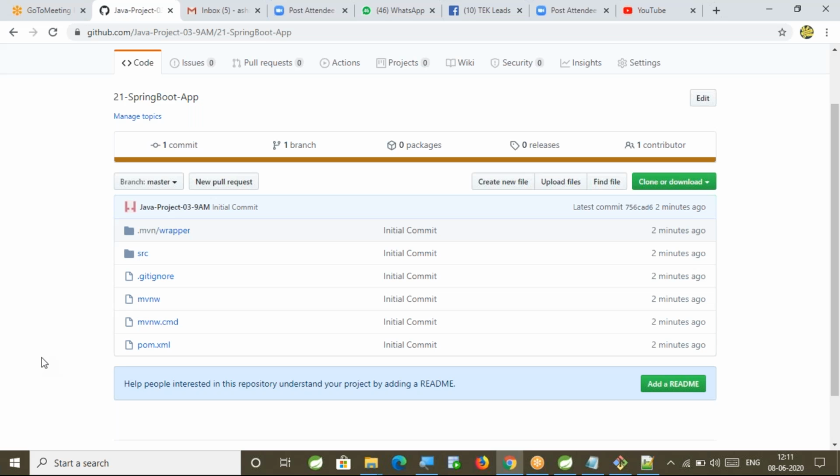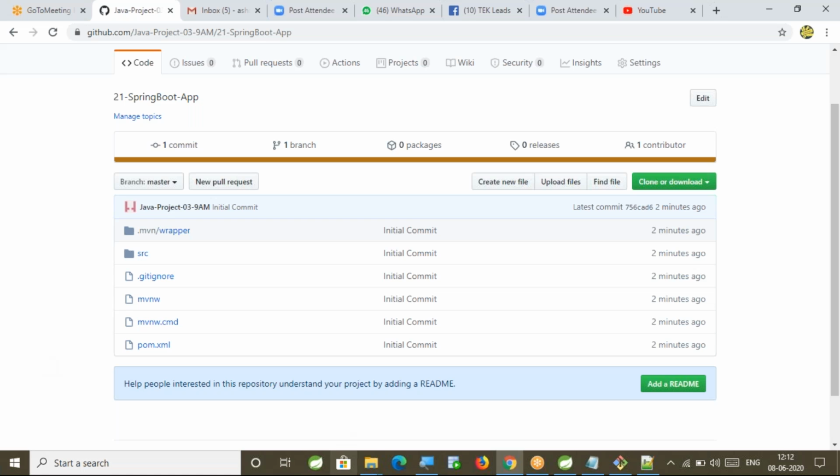So tomorrow when you join the company, one person in your team will do this operation. The Git repository will be created and he will create a project folder structure in the IDE. Then he will push that project structure to the Git central repository.